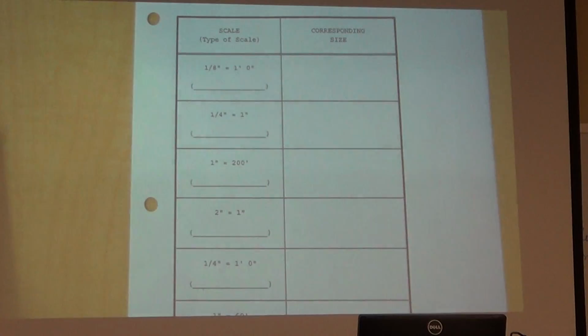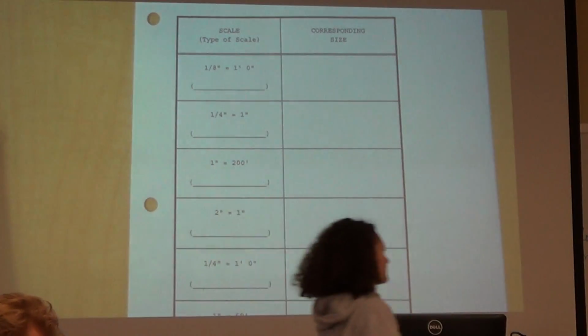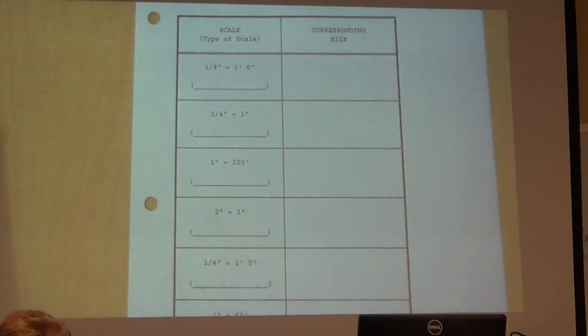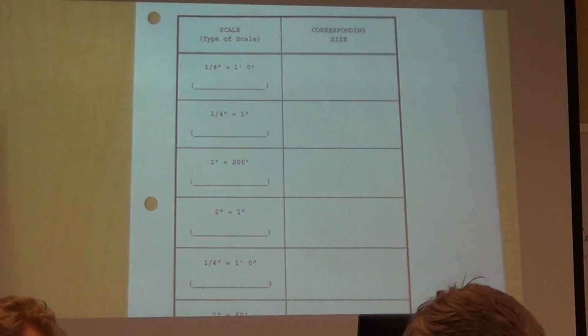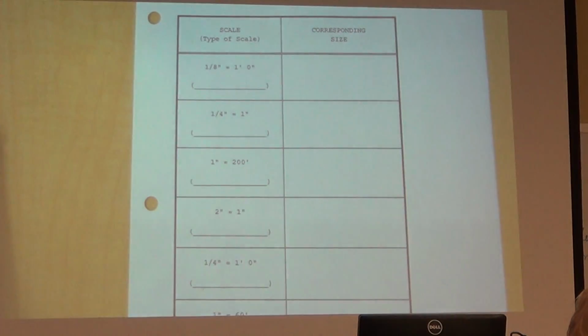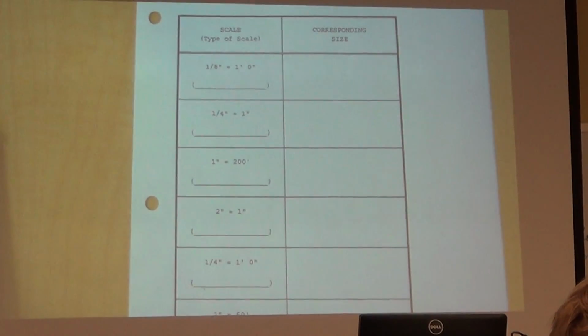So working with the person next to you, which one of these are engineering scales? So write down, and we could just use the word CE for civil engineering and ME for mechanical engineering. So which ones are ME scales and which